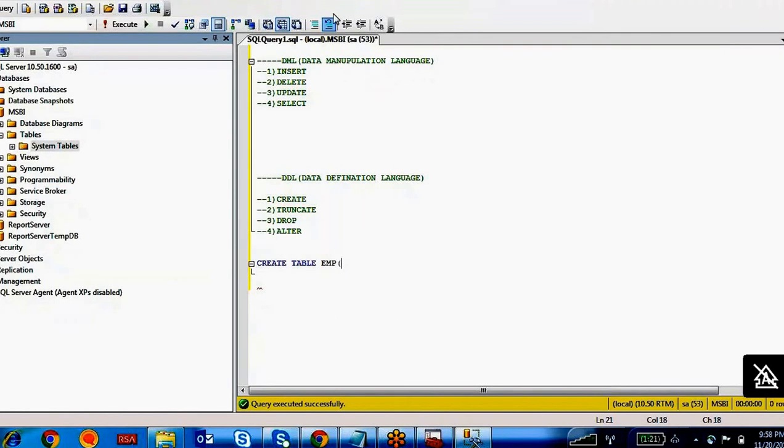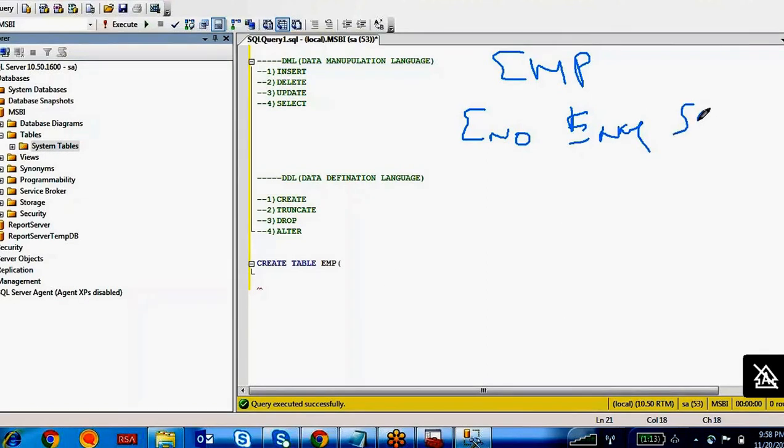I'm going to create a table with 4 columns. The table name is emp and the column names are employee number, employee name, salary and joining date.